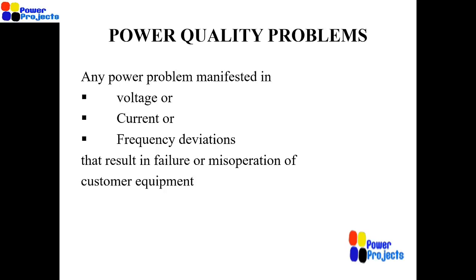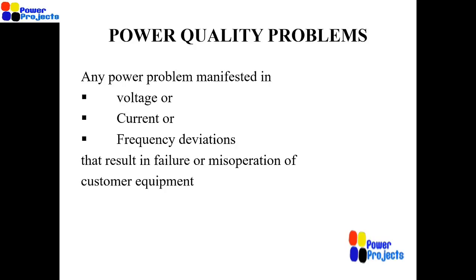Similarly, the current also changes its shape when the load is non-linear. I have shown some images, and you can see that the load is drawing a current which is not the same shape as the voltage which is applied. That's simply because of the power electronic devices. So that's basically the power quality issues with respect to current. Again, this current can have a shape which is different from pure sinusoidal.